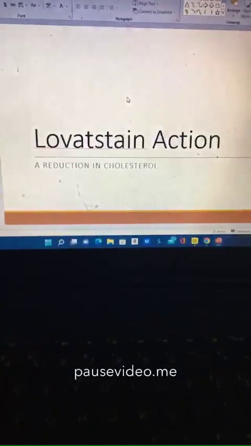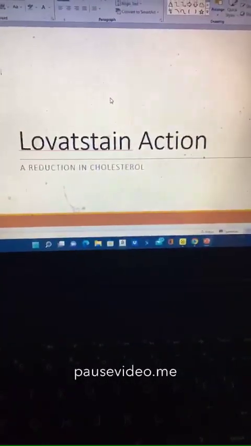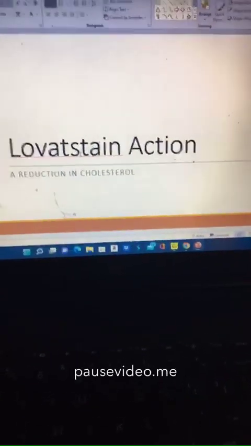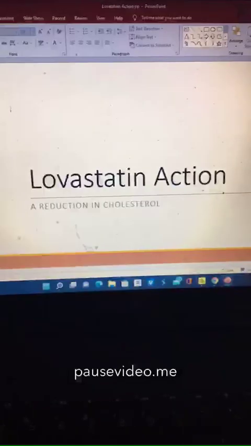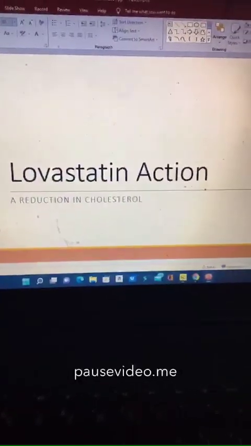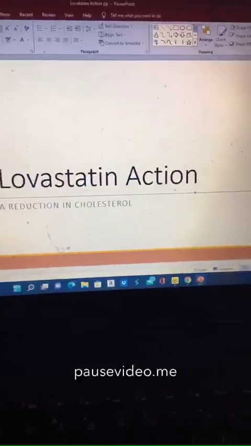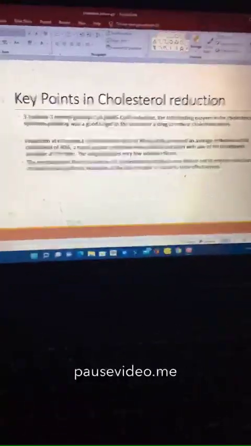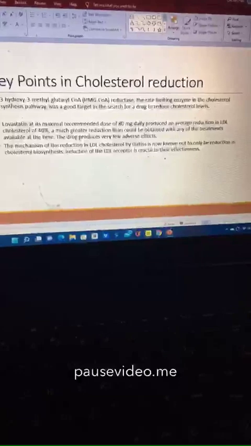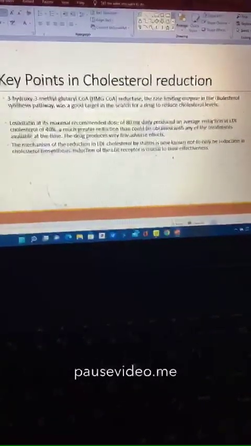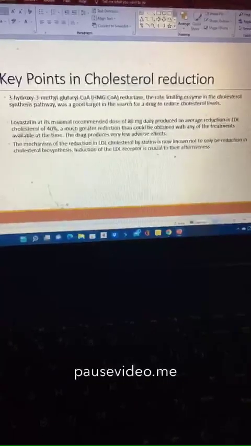So, Lovastatin, which I misspelled. Let me fix that. Its main idea is to reduce cholesterol. So, we'll explain kind of how that occurs, and then we will go through